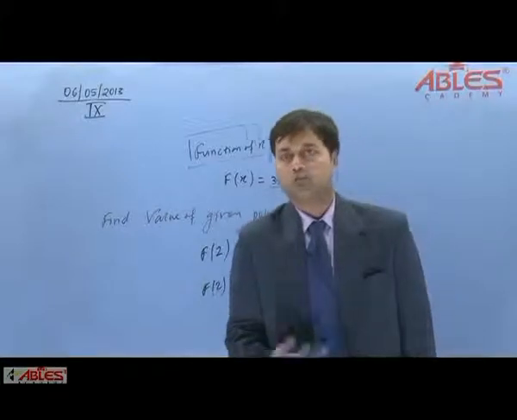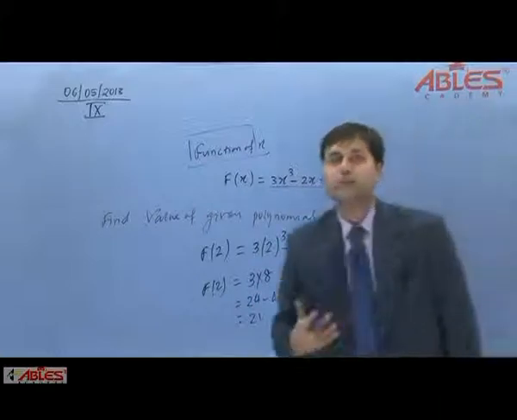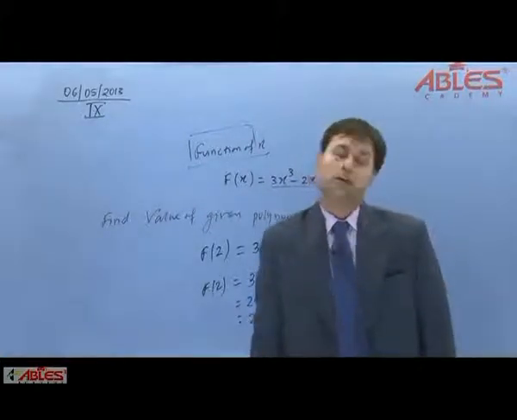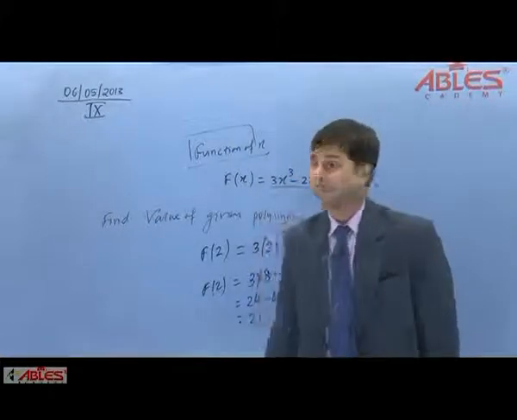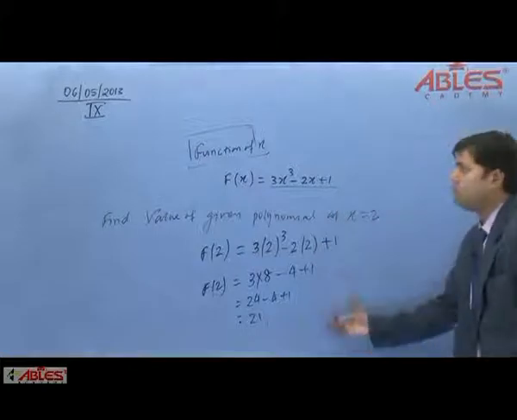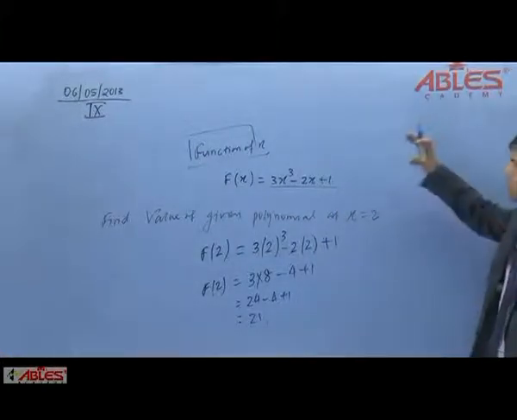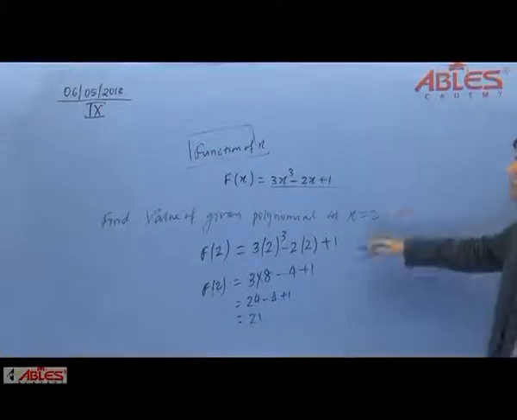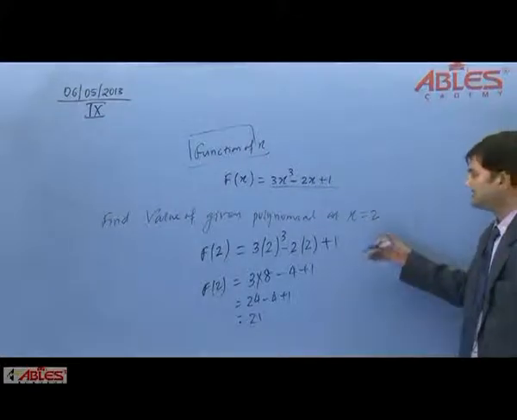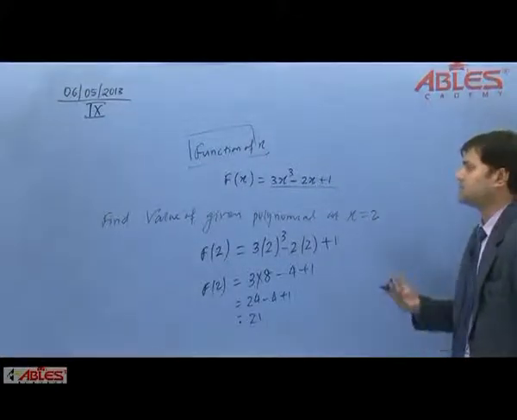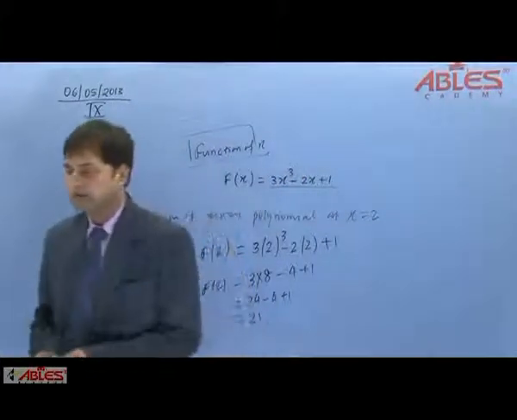Very good students, fine. So this is the way we find the value of a polynomial. These are very basic things. We are starting this chapter today, so we are discussing what the value of a polynomial is and how we can find the value at a given value. So in this way it is now clear what the value of a polynomial is and how we can find the value of the polynomial at different x. This time x equals 2. We may have to find it at x equals 5, at x equals 1, at x equals 0, like this. So now we can find the value of the polynomial.